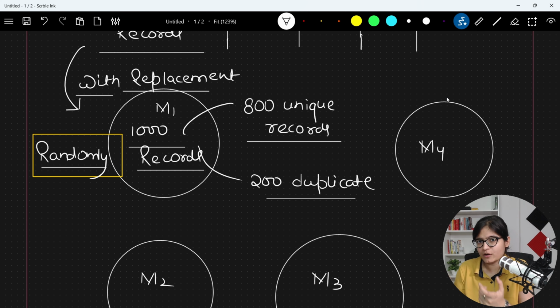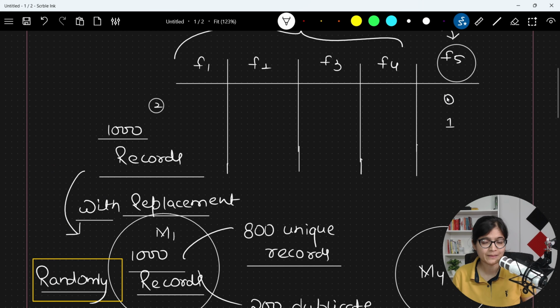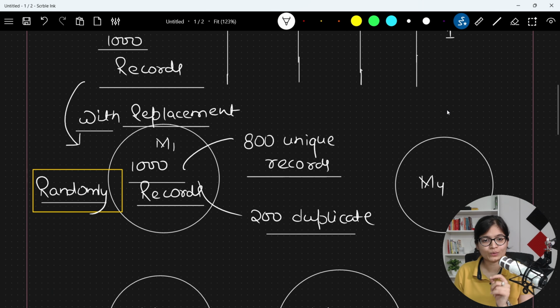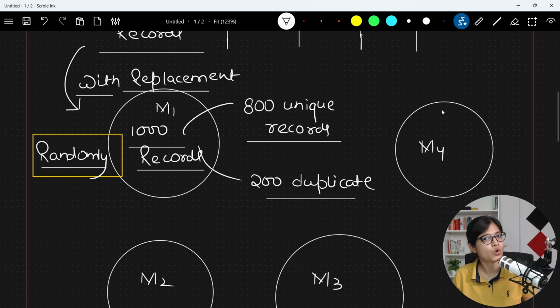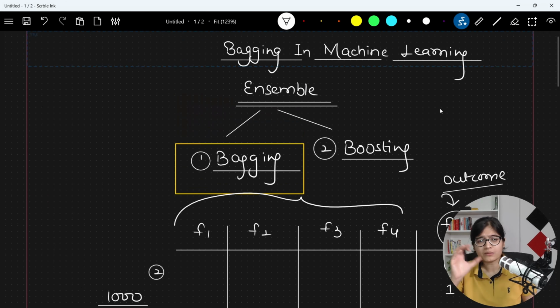Every model is capable of giving me the predictions that whether the outcome is 0 or 1. Do you agree with me? What I'm saying is, every model will be able to give me the prediction that whether the outcome should be 0 or 1. Now, what will happen here? When I'm increasing this randomization, the problem of normal decision tree was,